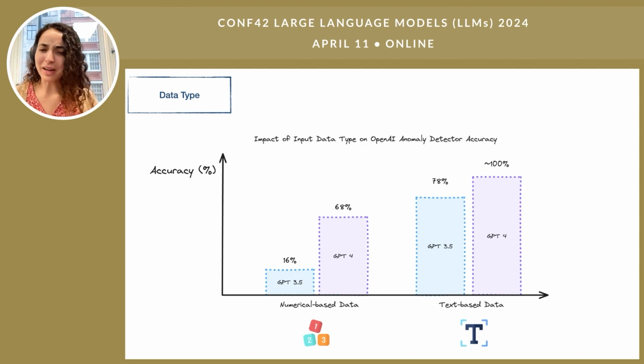So why is this the case? Why is OpenAI so bad with numerical data, but it's great with text-based data? It's kind of in the name. It's an LLM, a large language model. It hasn't been trained to understand mathematical concepts. It will even struggle with the basic, which number is bigger than the other. So GPT 3.5 and GPT-4 aren't built to handle maths. They're more built to handle text and to handle languages. So that's why it does so much better in those cases.